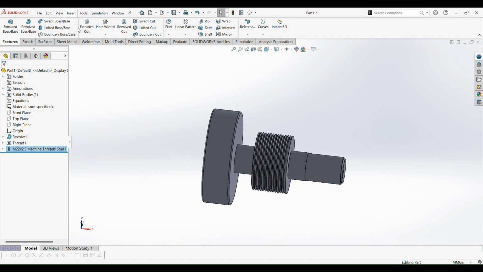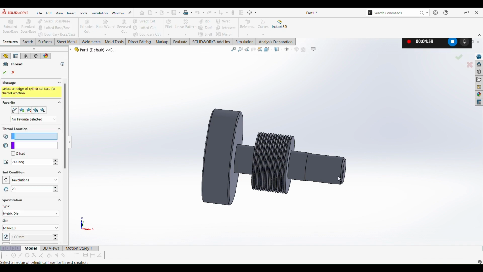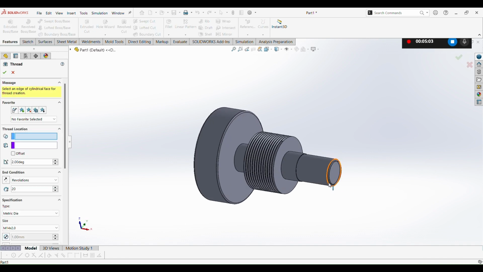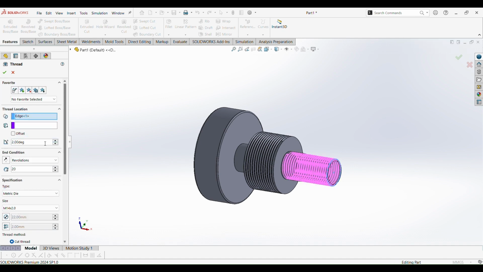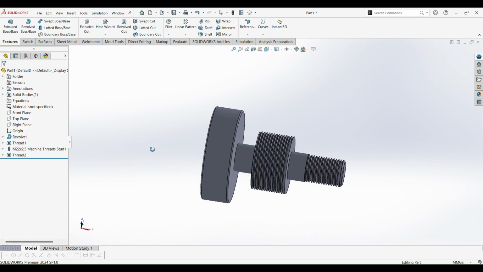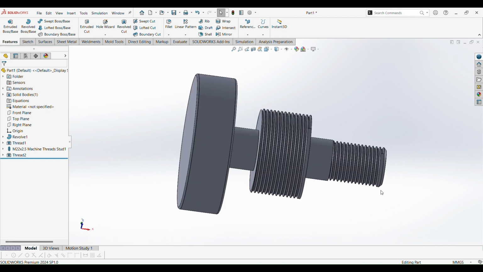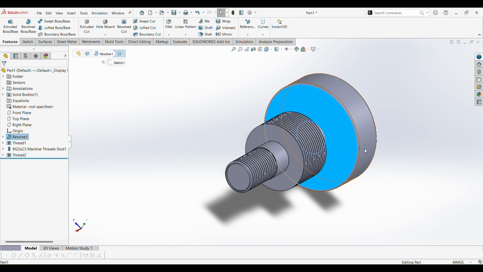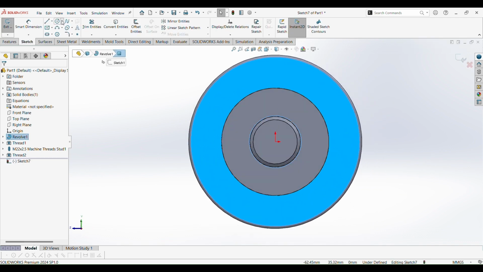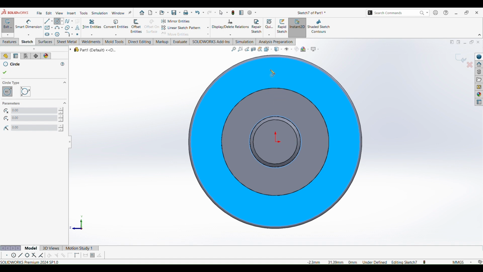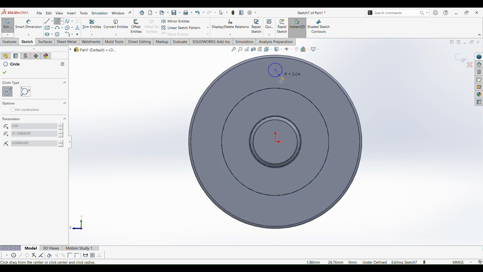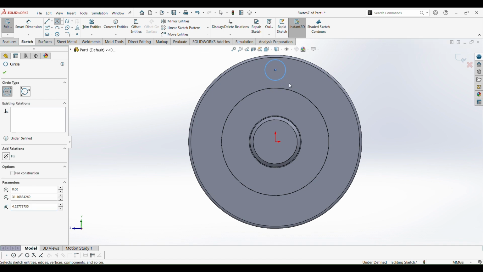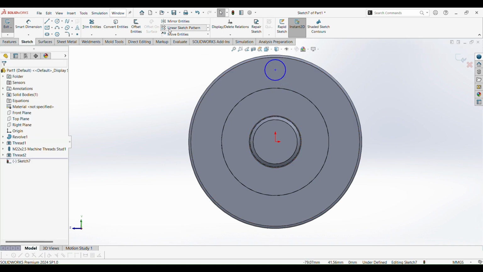Go to insert, go to feature. Okay, select, go to a sketch, draw a center circle. Okay, select